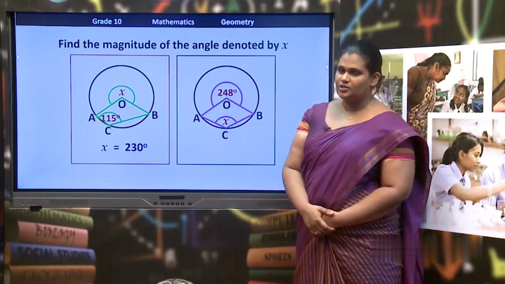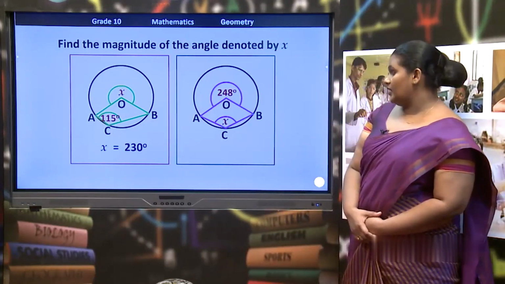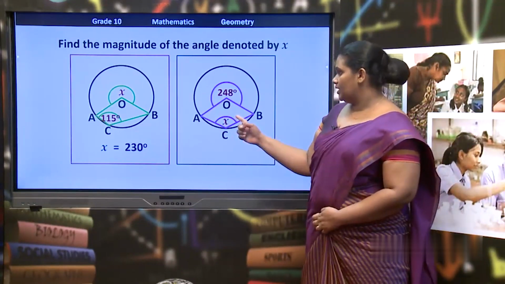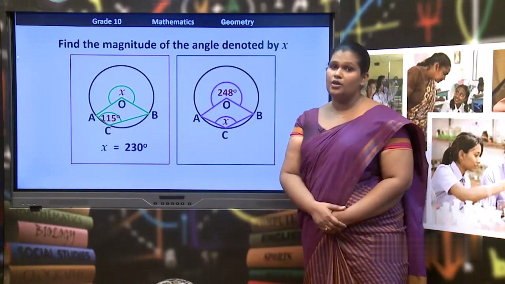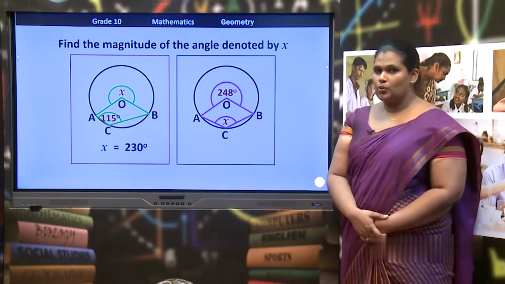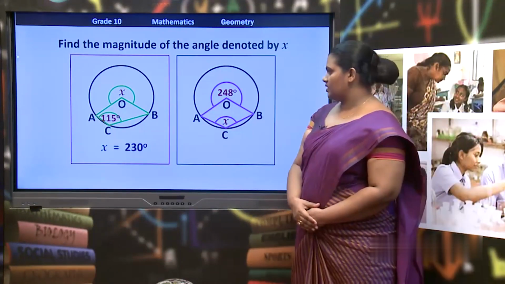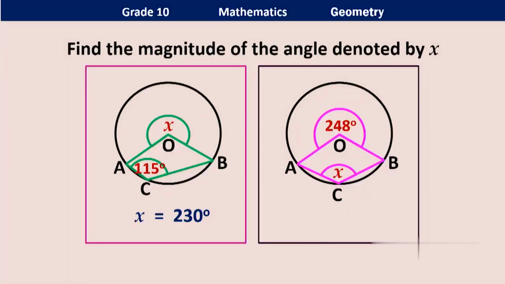Right. The next question. Here also we have got a circle and we can observe some angles. Here the magnitude is x they have given, here it is 248 degrees. So, once again we have to find the value of x. So, we can observe that angle AOB reflex angle is the angle subtended by the major arc AB